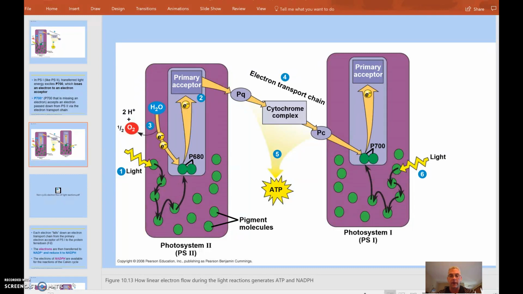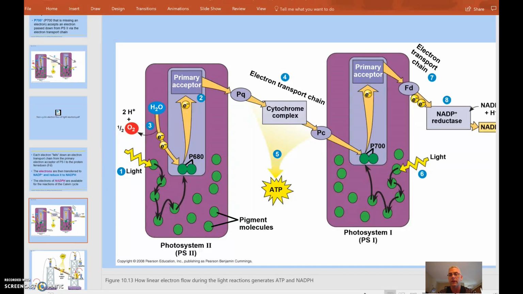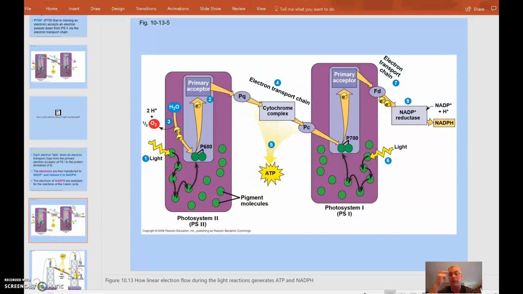When you look at this particular diagram that's in our notes as well as our textbook, we can see that this is depicting what we would consider the linear flow of electrons, in the sense that it's eventually going to deliver those electrons in the form of NADPH. So this would probably be a more complete image right here. We're going to see the flow of electrons coming in from the source of water and traveling to the Calvin cycle, which is our sugar-producing process that occurs in the stroma, coming in the form of NADPH as well as